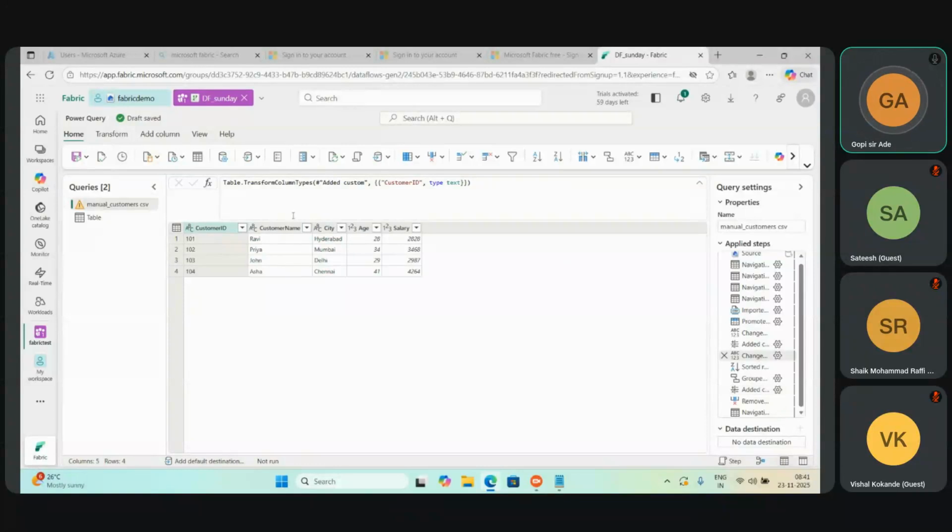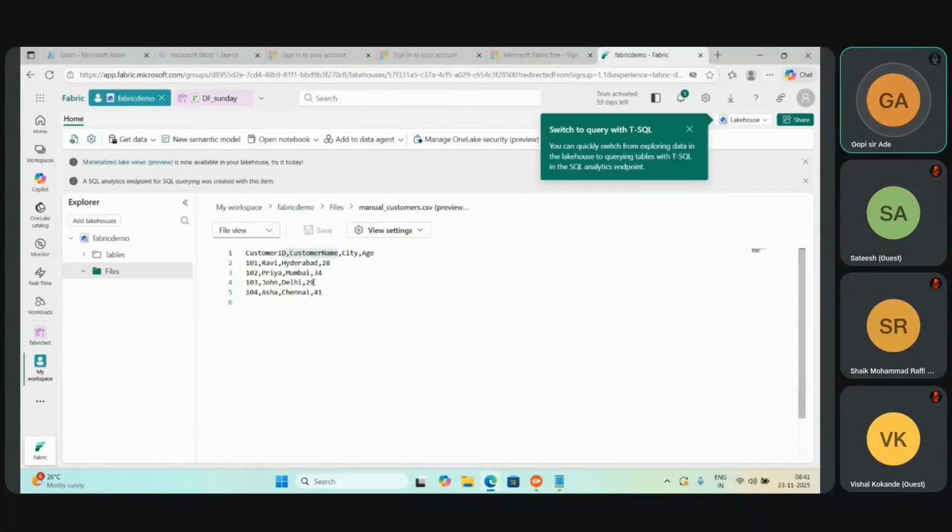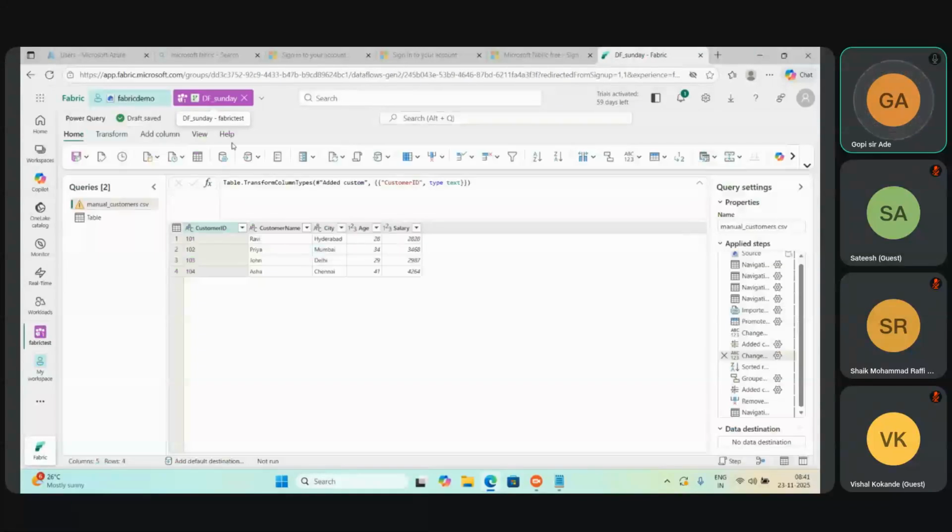Okay, so let me, guys. We have seen how to add data manually. We have seen how to add data from Lakehouse. Now I want to connect to